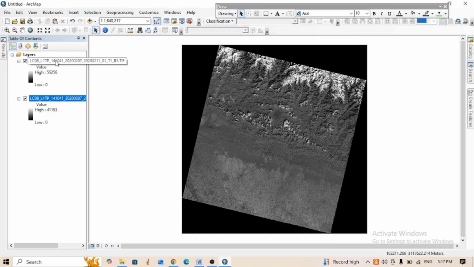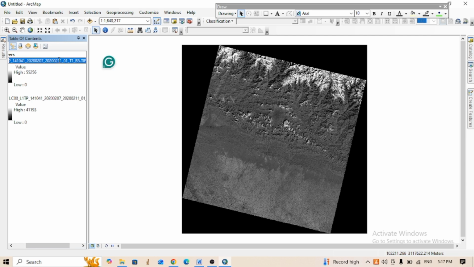This one is the band 5. You can rename it the band 5, and this